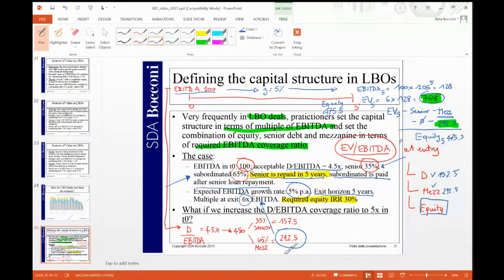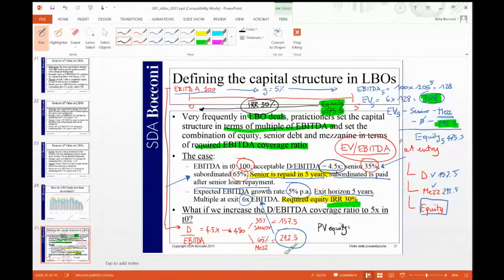And now you can straightforwardly apply the private equity method, because if you have an equity value of 475.5 and you require an IRR of 30% in 5 years' time, you discount to present the value with an IRR of 30%, and you get the present value of equity, which is compatible not only with the required debt over EBITDA ratio, but also with the required IRR by the